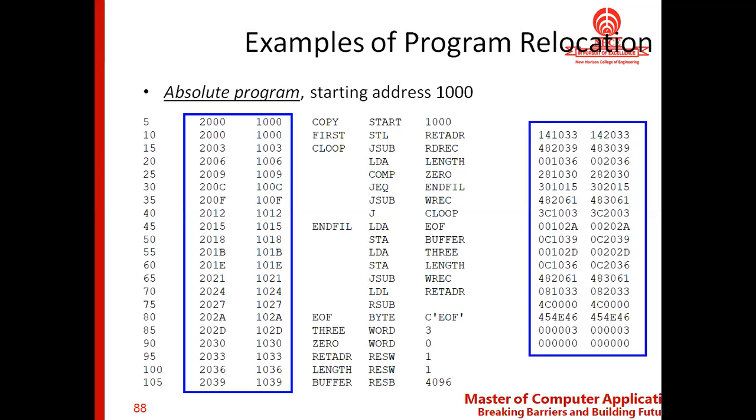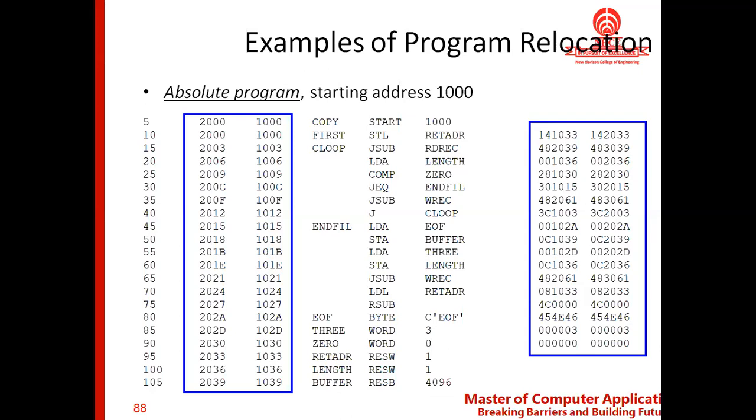Now if you look at the fifth line, we have the starting address that can be assumed by the programmer. So we consider that as the starting address of the program, and we follow the same kind of calculation for assigning an address to each and every instruction. That is what is happening in line numbers 10, 15 and 20 and so on.